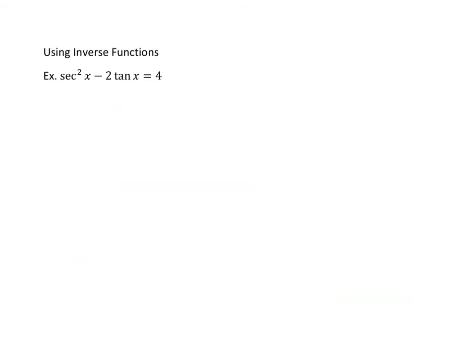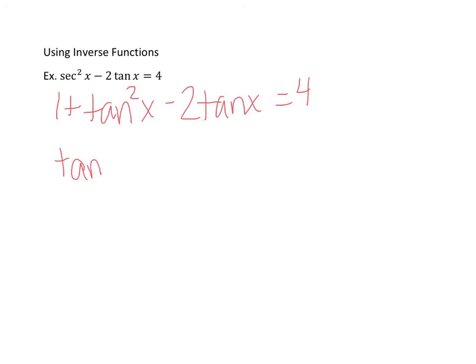One more strategy, and the directions will actually say use inverse functions. First, we're going to change it all to one trig function. So I'm going to change my secant squared to 1 plus tangent squared x minus 2 tangent x equals 4. Rearrange and get equal to 0. Tangent squared x minus 2 tangent x equals, that would be a 1, minus 4 would be a negative,